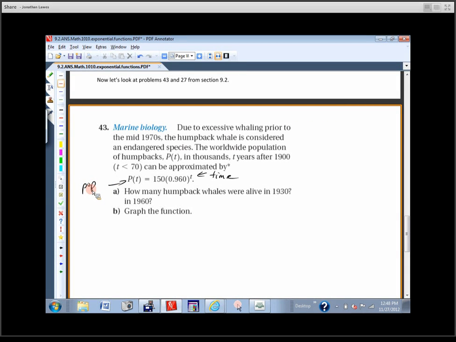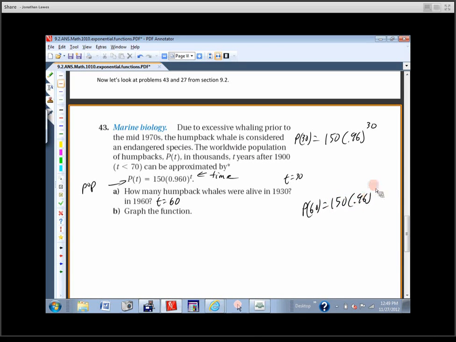So it says, how many humpback whales were alive in 1930 and in 1960? So notice that it says T is the number of years after 1900. So if it were 1930, what T would we plug in? Plug in a 30. If it were 1960, what T would we plug in? 60. It's literally that simple. So we're going to figure out what 150.96 raised to the 30 is. That's going to be the population in 1930. And the population in 1960 is